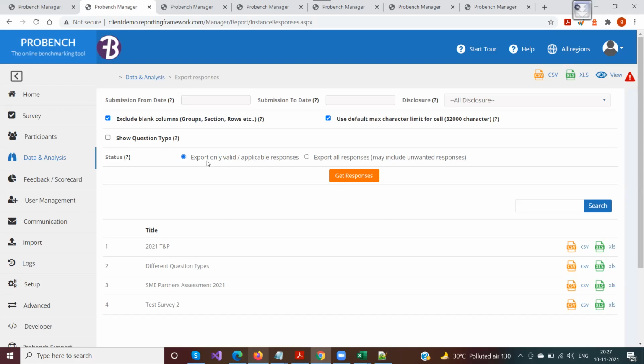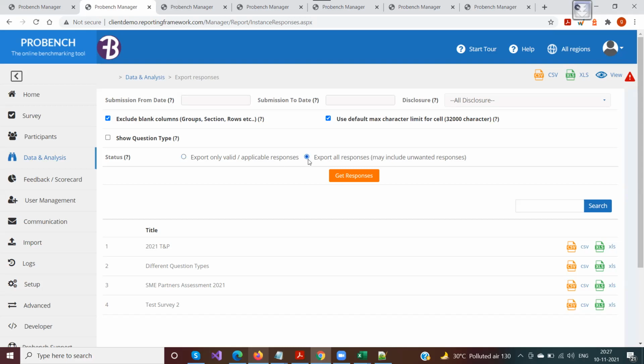So when you select this option and get your responses, all those invalidated responses would not be exported along with your export file. All those non-applicable answers that they gave due to various reasons would not be included in your export. But suppose there is a circumstance where you want all those invalidated responses as well, for whatever reason, then you can click on export all responses.